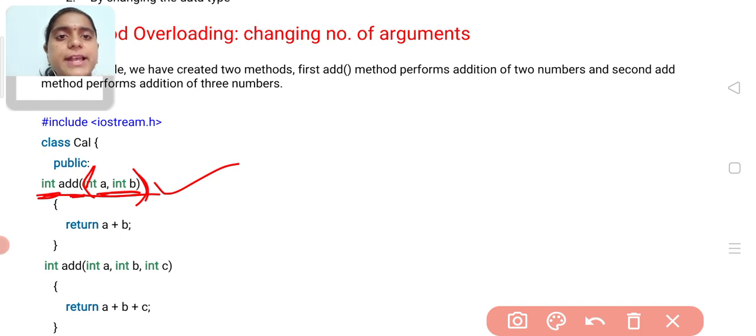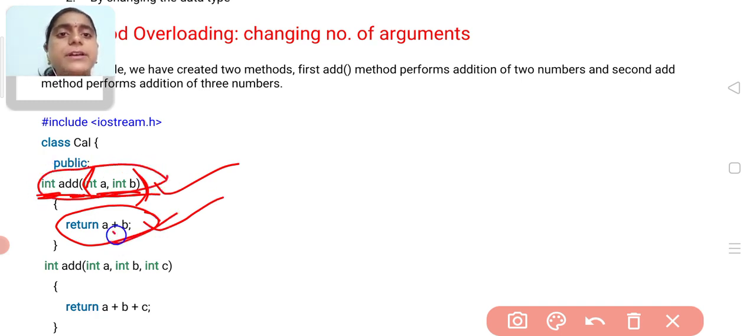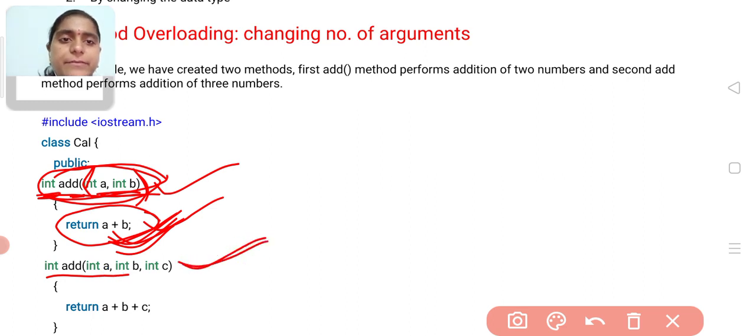In this I have written the code return a + b, meaning here I am performing addition, that's why I have used the addition operator. This function will add these two values a, b. And this is another add function, but here I have taken three parameters, int a, int b, int c.